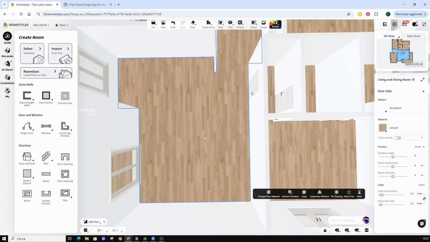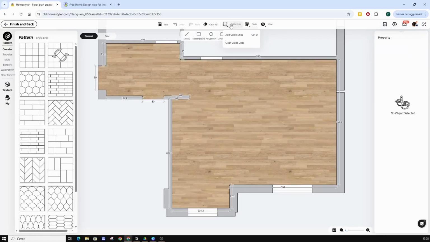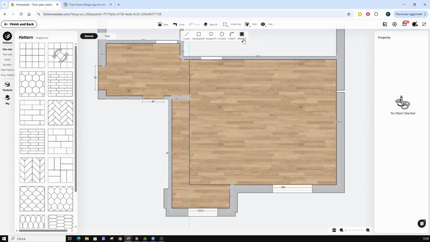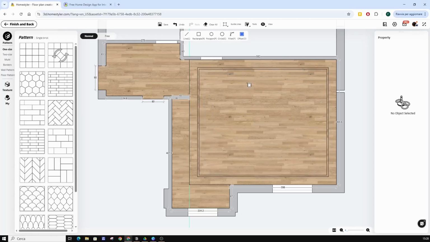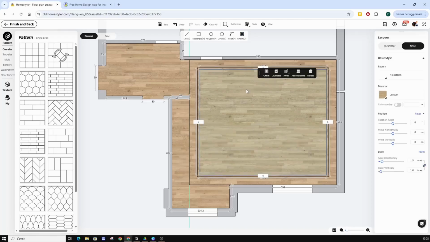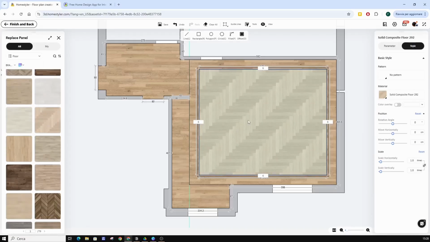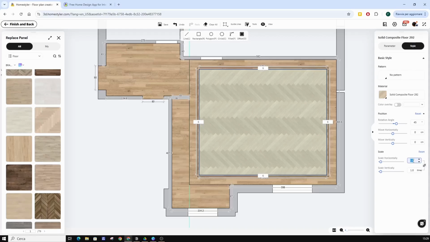We can also do more complex operations. Tile flooring, use of guidelines. I enter a value. I draw a rectangle. I use the Offset key. I give a value, again offset, and I choose the textures. I choose the texture for this area. I rotate the texture. I change the size, I want to make it smaller.